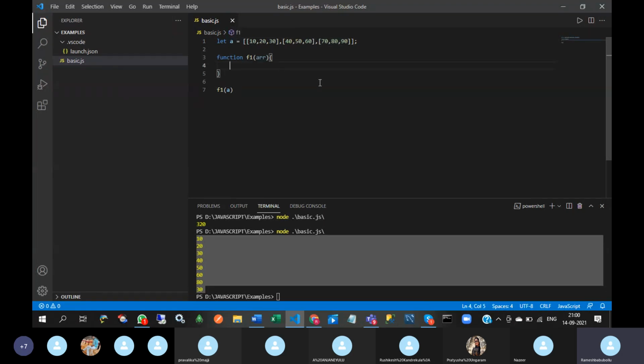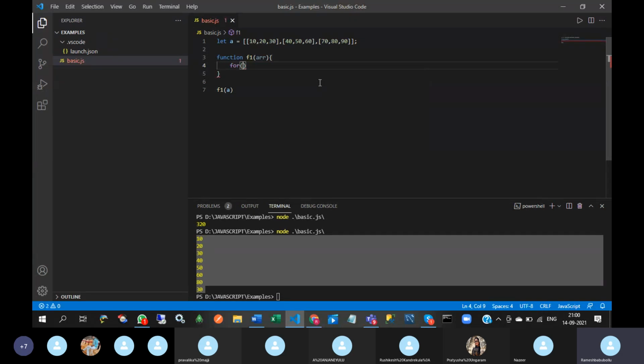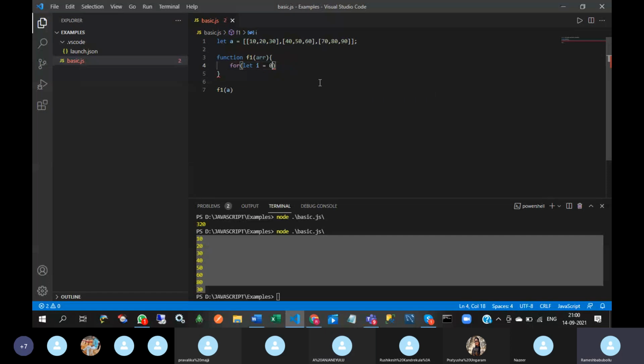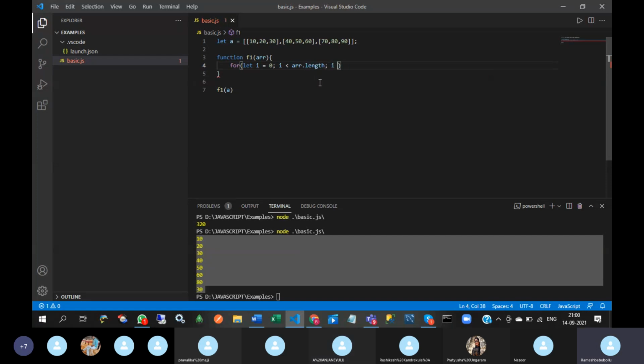I'm going to use a for loop: let I equal to 0, I less than ARR dot length, I plus plus. So by using this, control goes to this one. I equal to 0 means control goes to the first element in this array, 10, 20, 30.